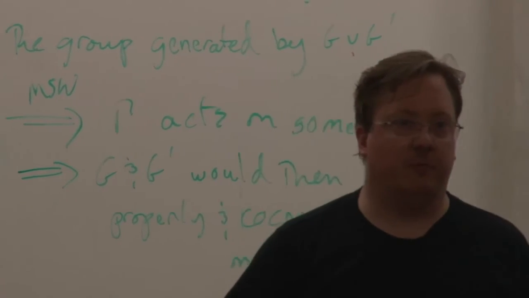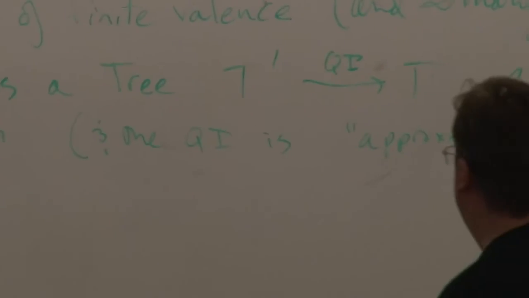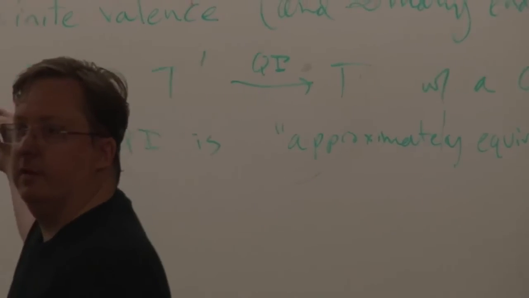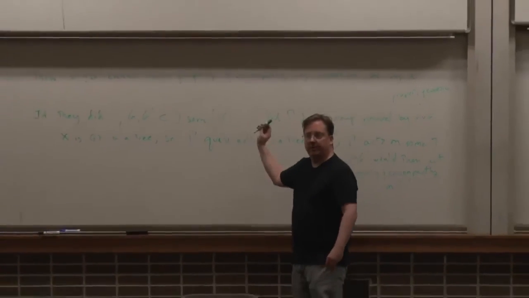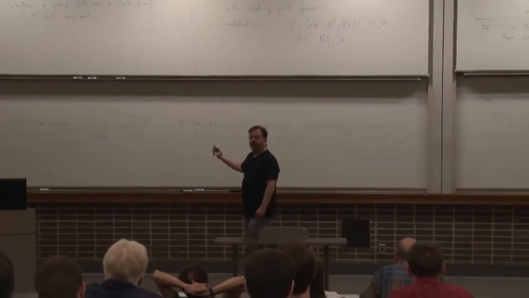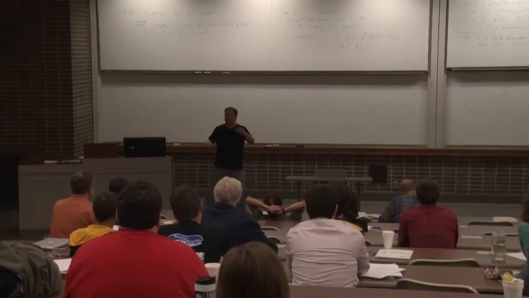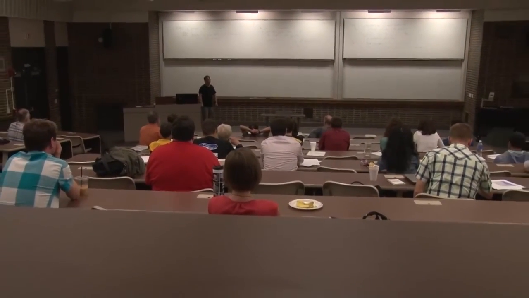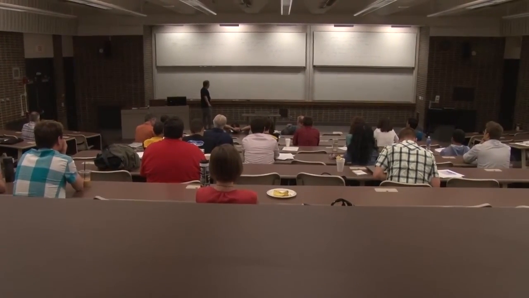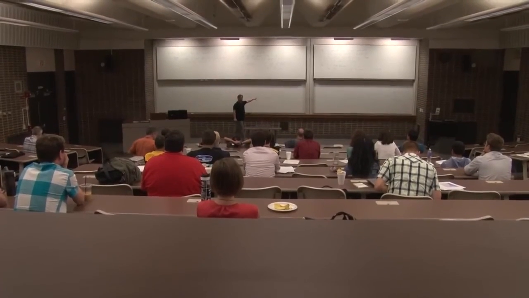Since they're just both subgroups of gamma, if gamma acts, they both act. And again, this approximately equivariant statement tells me that since both the G and G prime actions inside of gamma were originally proper and co-compact, they remain proper and co-compact after we change our approximating tree a little bit. Okay, so the fact that they can't act on a tree actually means they don't act on anything.